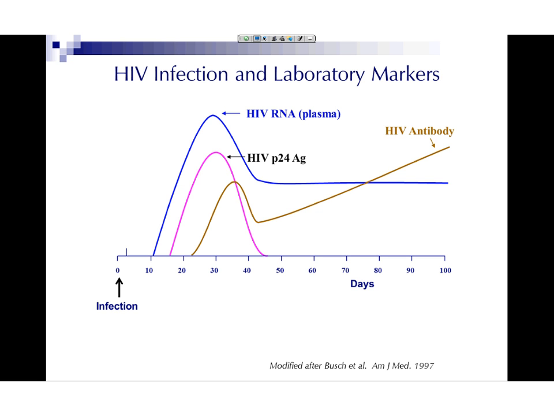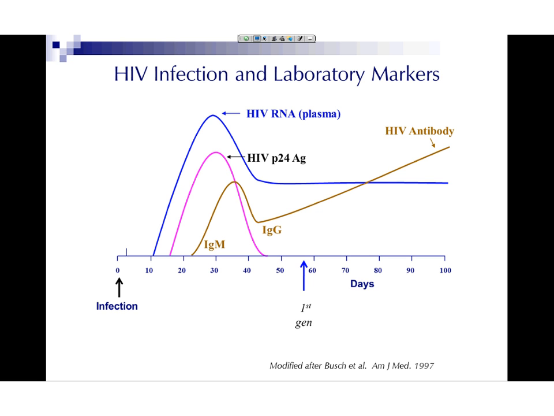Antibodies, IgM antibodies in particular, show up around 21 or 22 days after infection, and then IgG antibodies begin to show up at around 40 days or 6 weeks after the time of infection. And so in terms of the evolution of the test and where these things all fit together, the IgM antibodies are the ones that show up first, IgG antibodies show up second, and what we've been using up until now are all antibody tests. The first generation tests don't pick up infection till somewhere around maybe 50 days after infection.